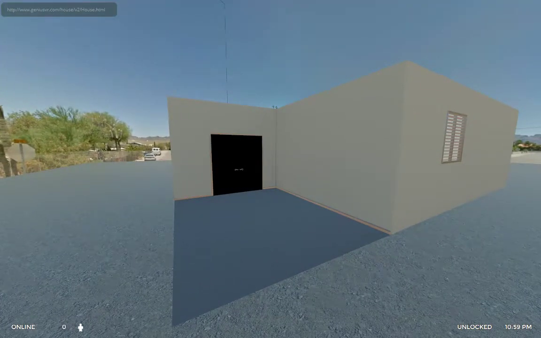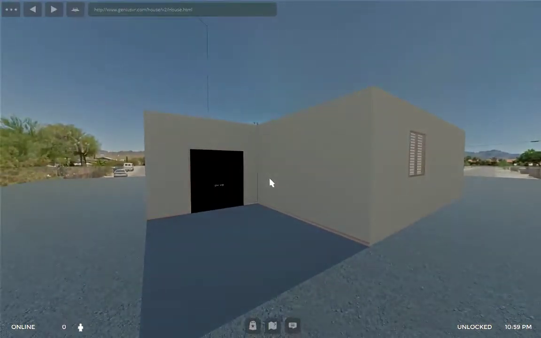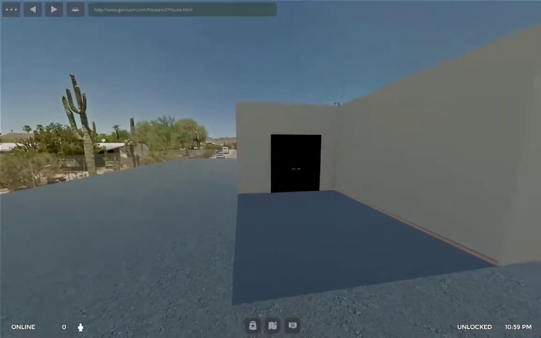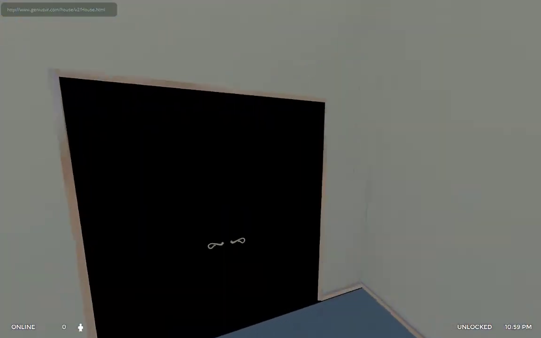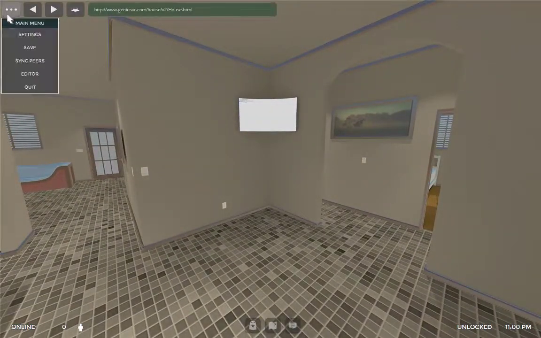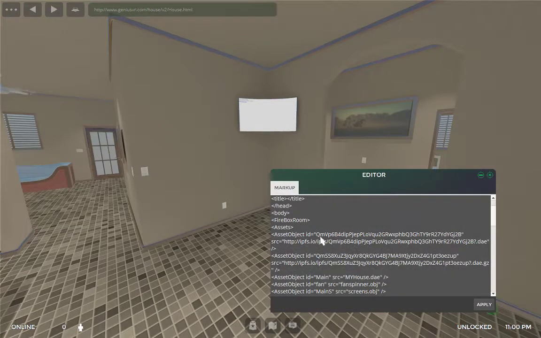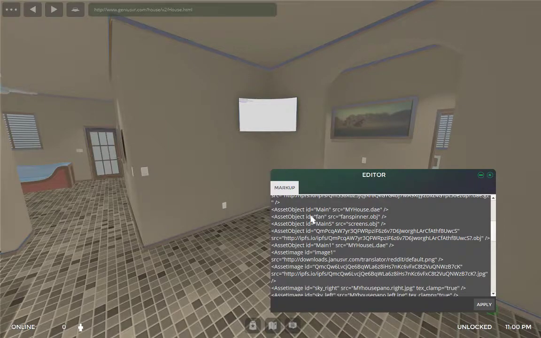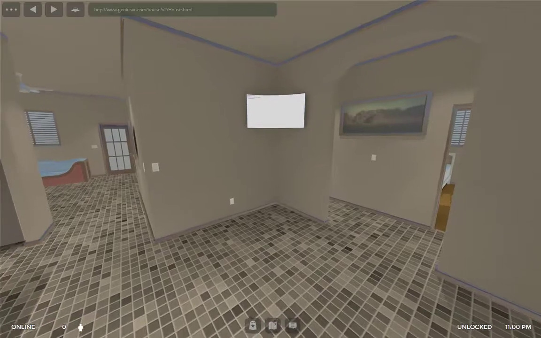So, DAE texture support! Woo! I guess I'll make a little video to show it off. I think I'm at Firefox's place, and the little house here is, in fact, a DAE. If we go to the editor, as you can see, I've already been testing things. Ignore that. We have this DAE file right here, and we're going to take a copy